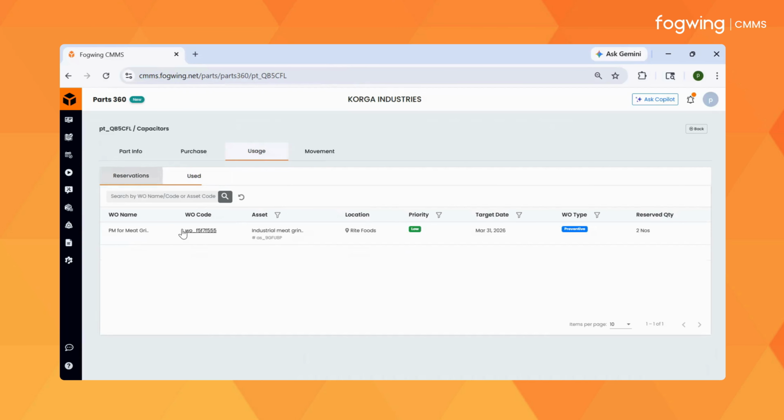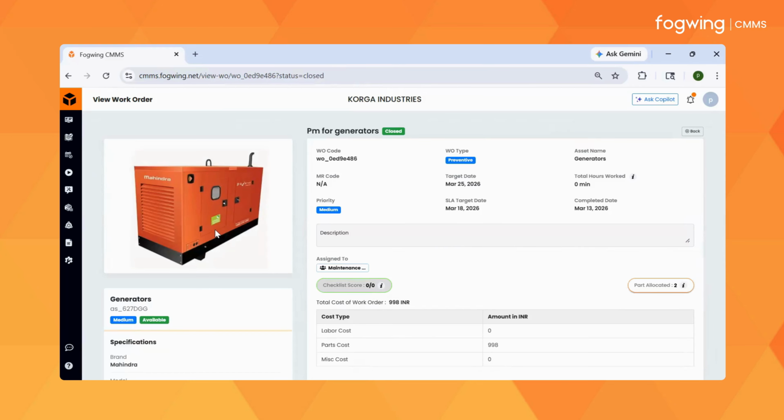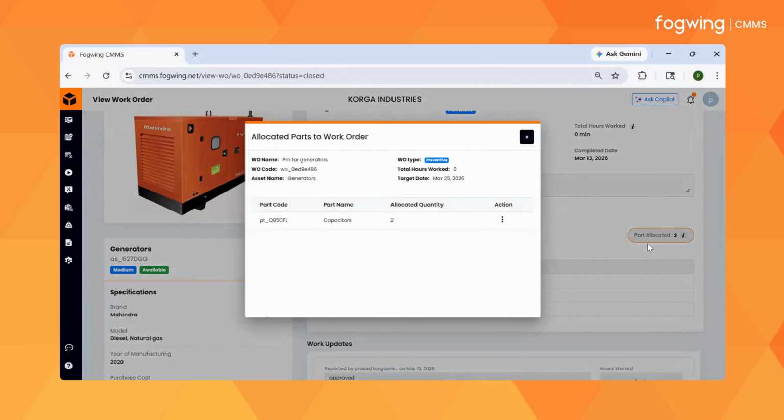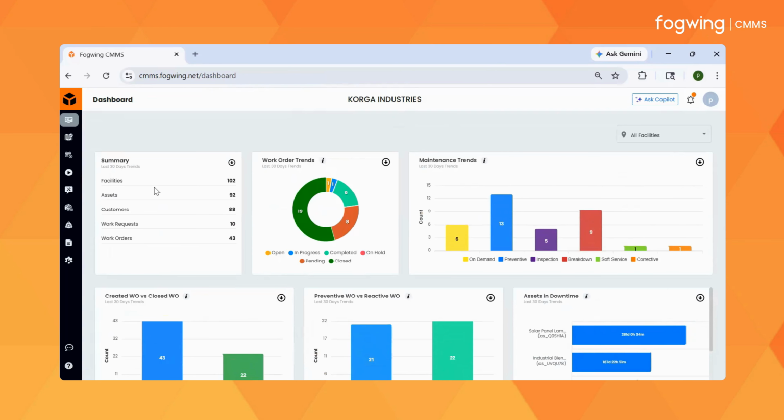So in the reservation section, the parts which have already been reserved into work orders will be visible, as well as in the uses section, the already used ones will be there, and you can see the closure of the work orders and the work order code. You can directly go into those work orders from here itself to see the different costs of that part and how much quantity has been allocated and other things as well. So this is one of the enhancements that we have done in the parts 360 module here. So moving on